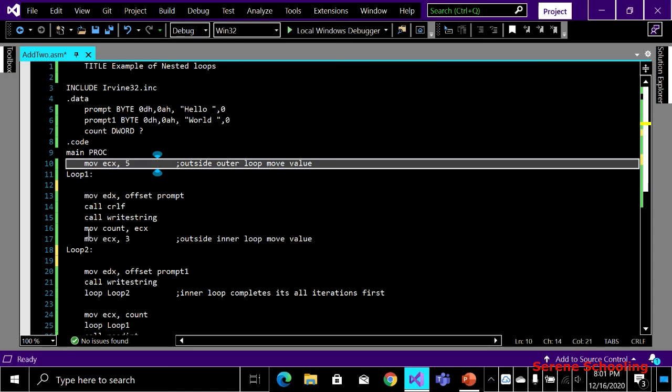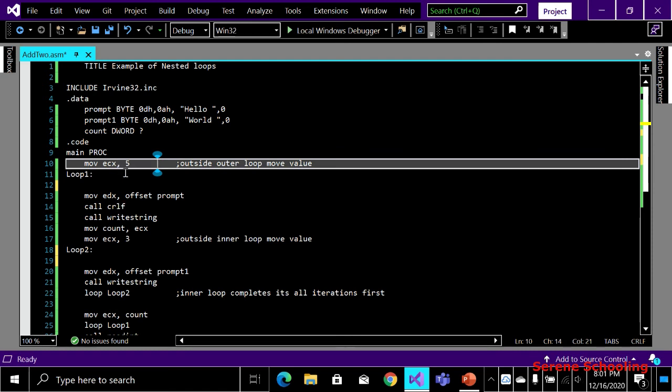Because I want my outer loop to work again. We know that it will execute 5 times, so for that I have to send the value into the ECX register again. Whatever the value was, it will be preserved again into the ECX register, and then I'm sending the control to loop 1, that is this outer loop, because we know that it has run already one time.